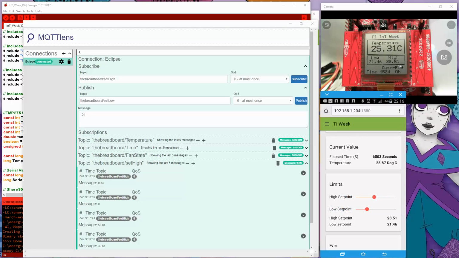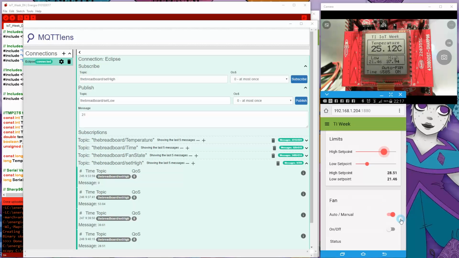So if you look at this, it says 28.51 right now, and that's reflected also here. If I just click on this and raise it up a little bit, it'll take a second to go through the motions because I'm remote taking over, and it's got to publish to the MQTT and then come back, etc. The range of this is 0 to 50. You can see already that up here it has taken effect. It now says 37.94, and that's been also published out to the MQTT server, and in a moment it's going to come back and be reflected on